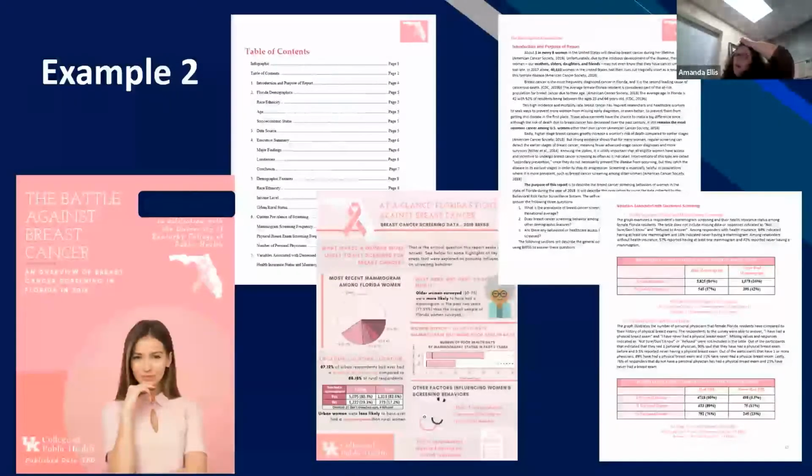Here's a second example of student work. And I will say, so the first example, that was a student who opted to work by themselves. This one is an example of a group of 3. And so again, you'll see that the structure of this is very similar, very, very nice cover page, table of contents. We've got our infograph, introduction, and then again, the last page is from the body of the report where they've gone through and they've summarized the different variables. And this group looked at breast cancer screening, and again, they had the state of Florida.